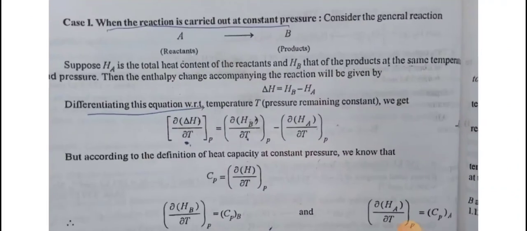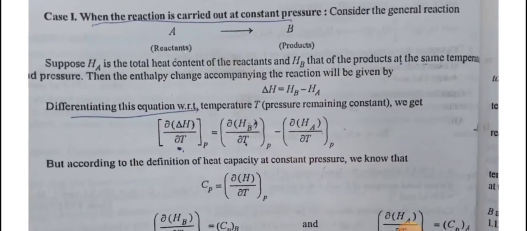Case 1. When the reaction is carried out at constant pressure, consider the general reaction: A reactant converted into B product. Suppose HA is the total heat content of the reactants and HB is the total heat content of the products at the same temperature and pressure. Then the enthalpy change accompanying the reaction will be given by delta H is equal to HB minus HA. Differentiating the equation with respect to temperature T, pressure remaining constant, we get